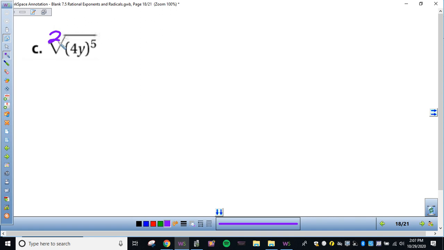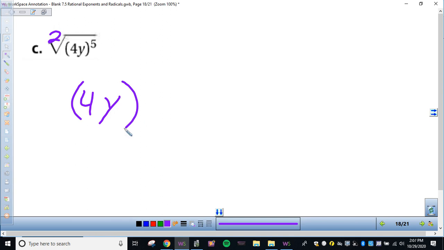And the 4 and the y are in parentheses, so that 5/2 applies to both of them. So the book answer is probably going to look like this because the book is stupid. Right? That's not good. You got to distribute that, right? Because we can do